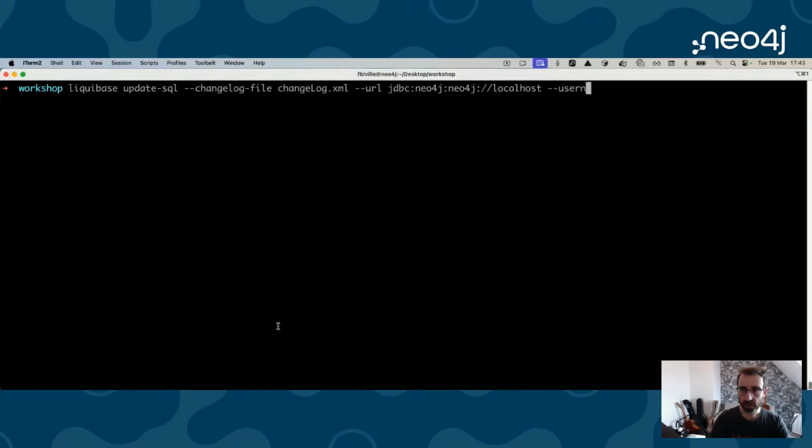And then you will need a username. In my case, it's neo4j, and a password, which is very secret, very secure. I'm showing my password to everyone, and because it's shell, it can interpret the exclamation mark. So if you do this, in theory, we're live, so I might make a mistake, but in theory, Liquibase will